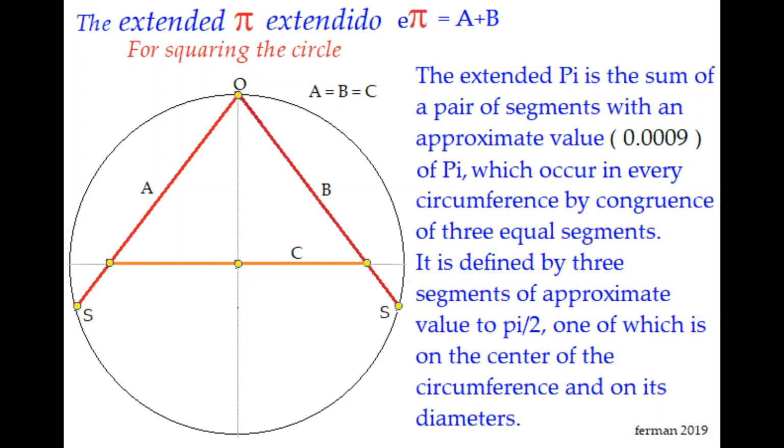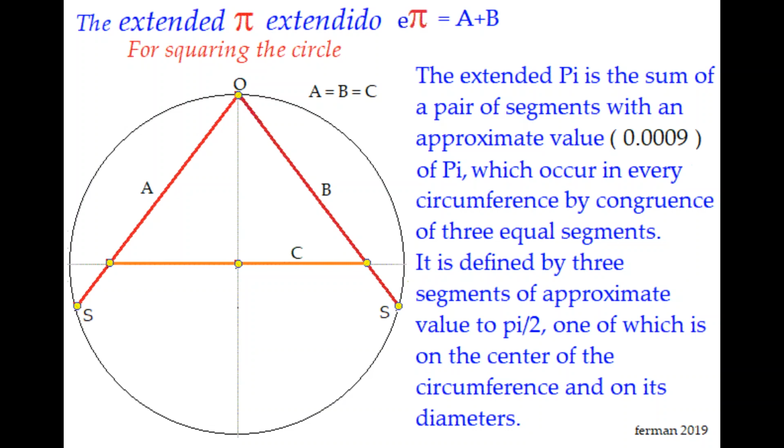Anecdotarium. An ancient geometer, I don't remember who, thought that if we bend a curved line, for example to build a circumference, it would lose a very small portion of length, that is, it would contract a little when bending, and vice versa. If we extend a curve, this minimally increases in length. Possibly if he saw this new concept of the extended pi, he would be a little more satisfied with his